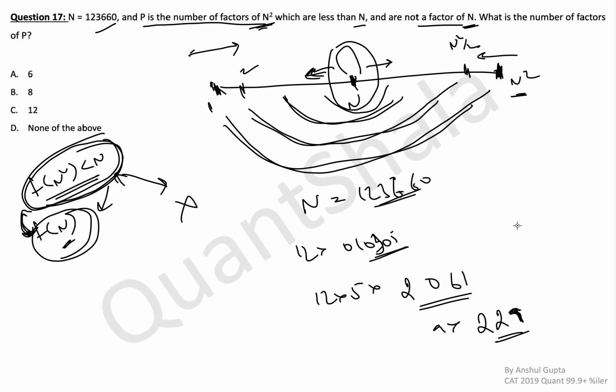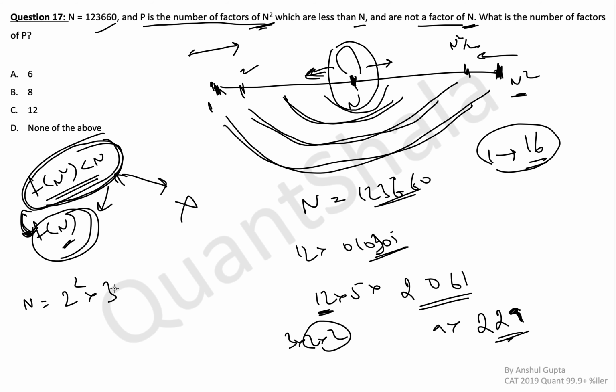For checking prime numbers, what do you do? Take the square root of this, add 1 to it, so you get 16. Okay, approximate square root. From 1 to 16, check all the prime numbers and try to divide 229 by those prime numbers. If no prime number can divide 229, then that means it is prime. Okay, so 12 can be written as 3 into 2 into 2. So what is the final prime factorization that we have for this number? N is equal to 2 squared multiplied by 3 multiplied by 5 multiplied by 9 multiplied by 229.